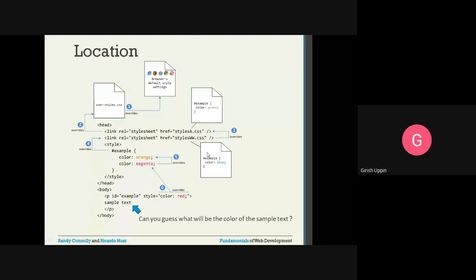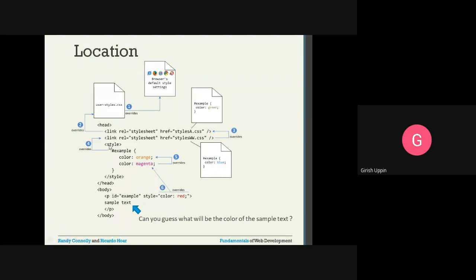This location comes later. Whatever is present in the earlier one will get overridden by whatever is in this. Inside this style sheet we have color colon blue, so this will override the green.